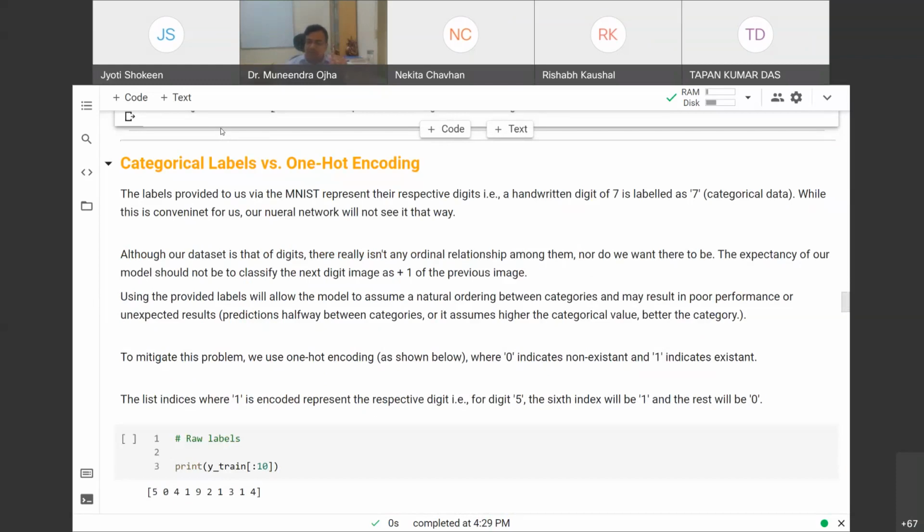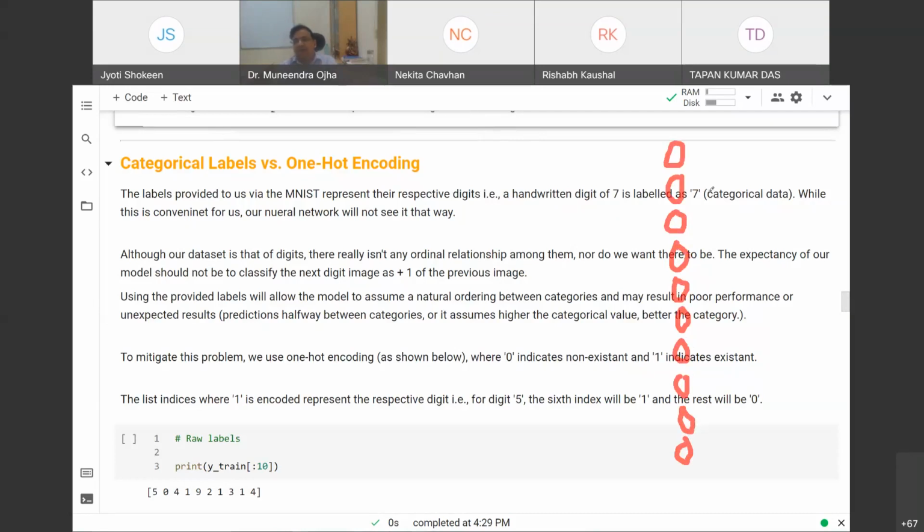With respect to every digit, we have got a handwritten image. Suppose we have an image of 0, so 0 belongs to class 0, and I want my neural network built in such a way that I will have 10 nodes, 10 neurons, in my output layer.